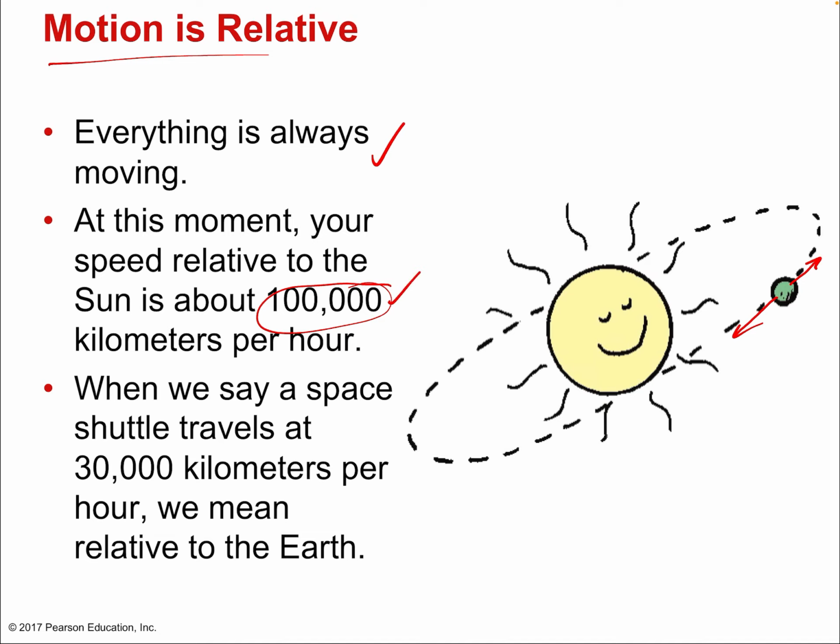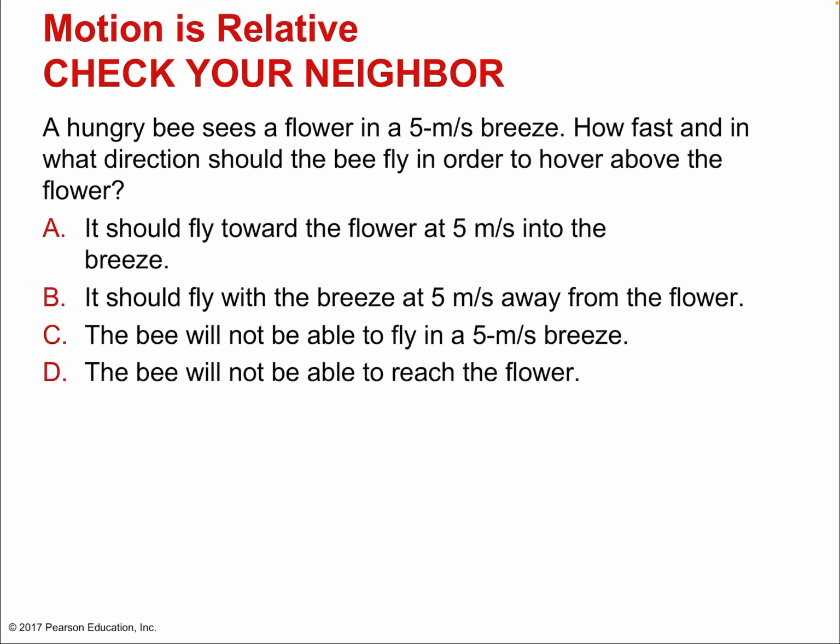So it's actually not easy to shoot something into the sun, even though you think, just aim at the sun. It doesn't work that way. If you just aimed at the sun, you'd actually just give it an orbit around the sun because of our motion, the planet's motion. Pretty cool stuff.